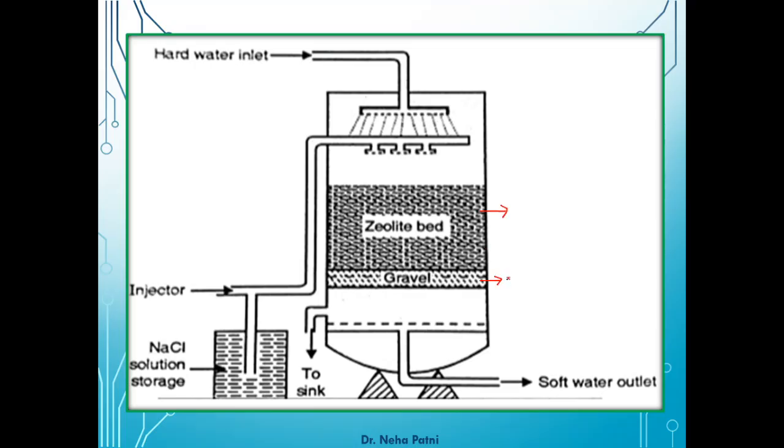Now if you remember, gravels were always used for the filtration purpose, right? When you used to filter the water, you used to have fine sand, then coarse sand, then pebbles. You increase the size of pebbles that we used for the filtration. So here also gravels means pebbles. Those pebbles we are going to use for the filtration purpose on which the zeolite is being capped.